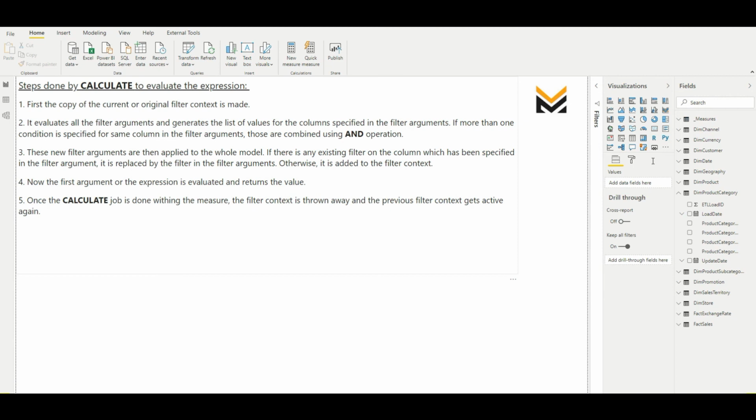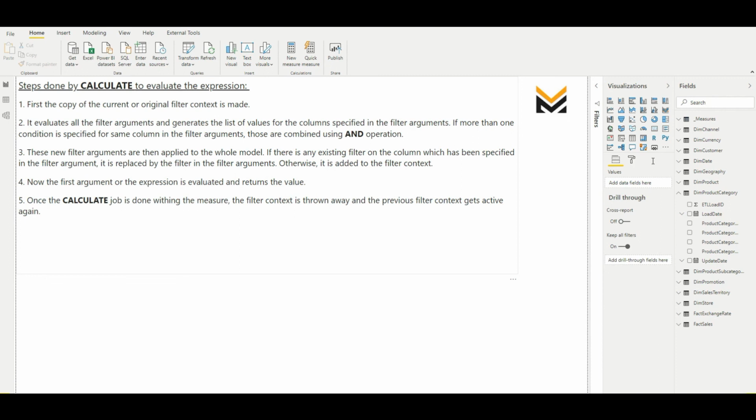Because it was created only for that measure, once the value is returned it is thrown away, and you are back to the original filter context which existed outside the measure. So there is no change in the outside world; only for that measure that copy is created dynamically and then thrown away once the calculation is done.